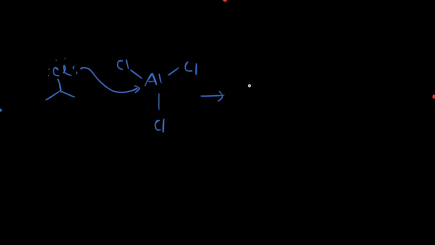So if we're starting off with our alkyl chloride, looking something like this, what we'll want to do is react first with our aluminum chloride, AlCl₃. If we draw out the general structure like this, what we'll see is this chlorine here, which has 3 lone pairs, is going to want to attack our aluminum. This is going to result in a structure, if we draw it a bit more to the side just to make some space,